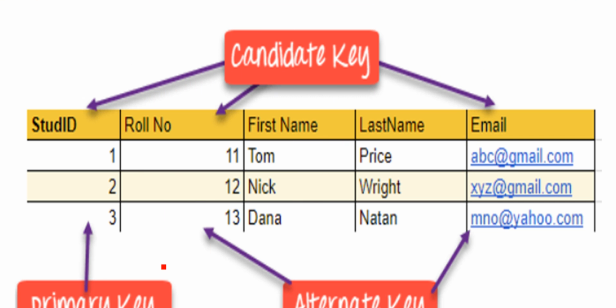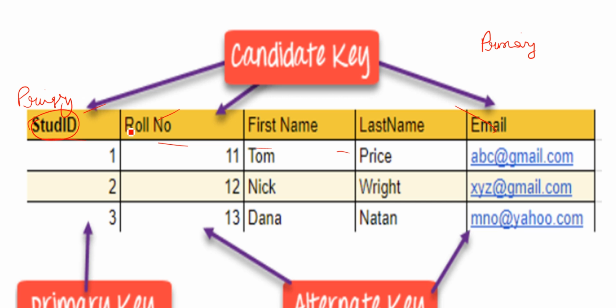Okay, now in this figure we can clearly see that we have different columns, and student ID, roll number and email can be selected, any one of them, as a primary key, right? We have options. Let's say I have selected student ID as the primary key.